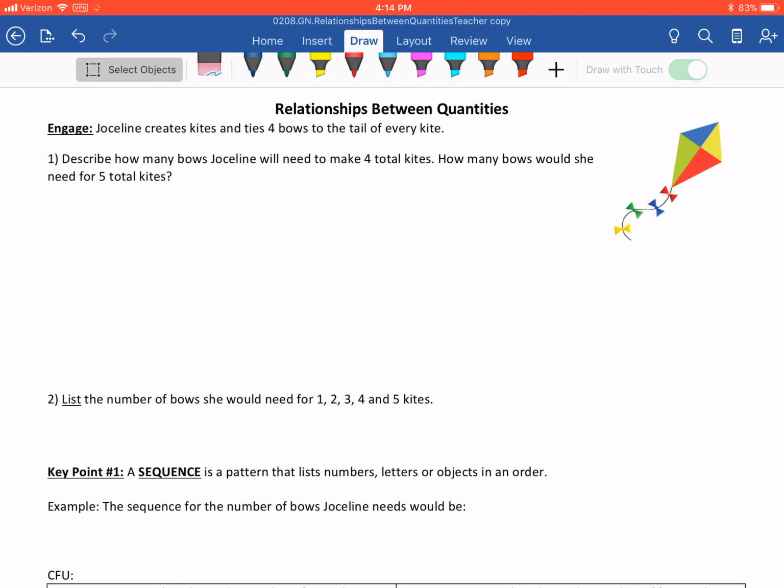Welcome, Knights, to yet another lesson in algebra. Today we are talking about relationships between quantities. We have all kinds of new key points and all kinds of new vocabulary we're going to be talking about